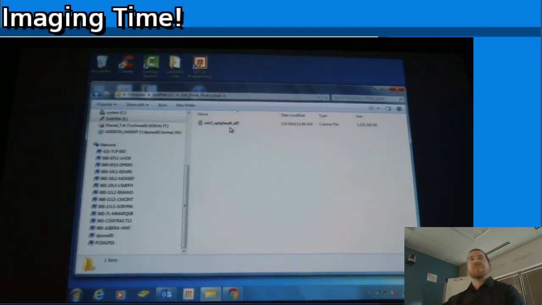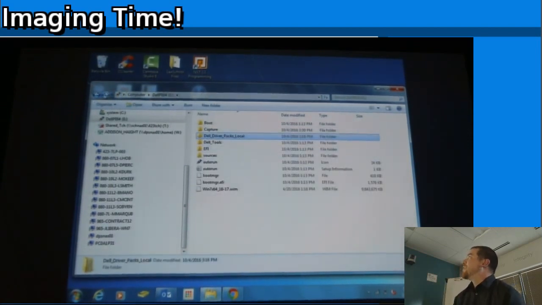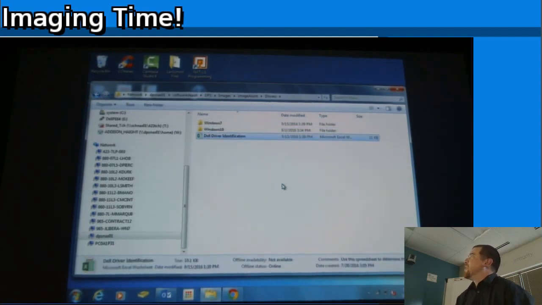I know that that's the 7010 because I've been dealing with these things for a while, but the way that you will know that that's the right one is that under drivers here, I have an Excel spreadsheet called Dell Driver Identification. When we open this up,